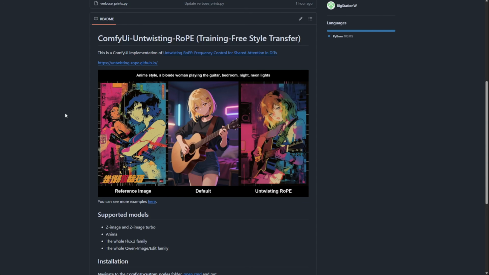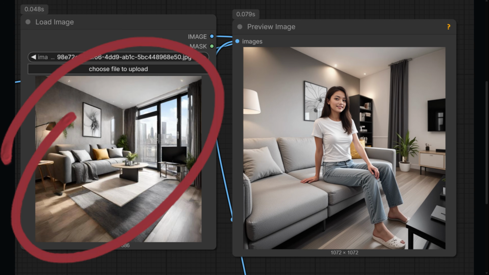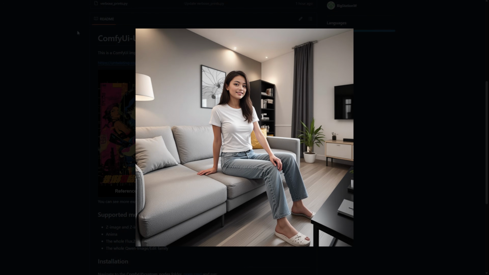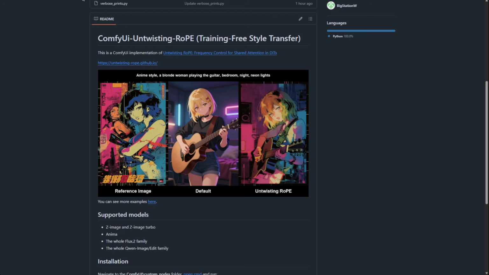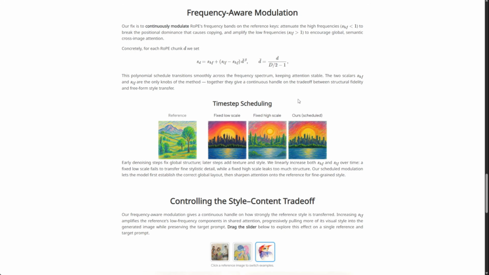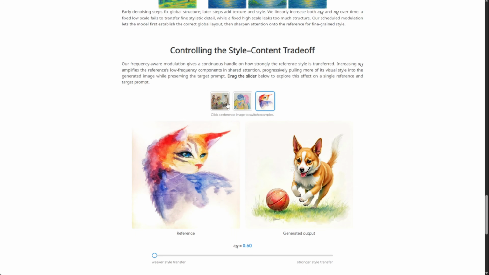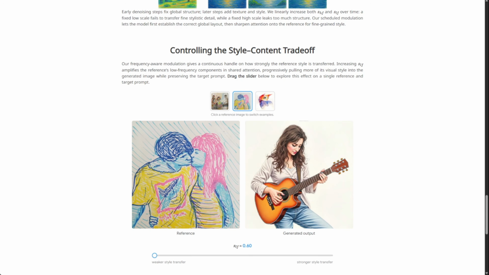So this is the ComfyUI Untwisting RoPE custom nodes. I found it through one of our Discord community members, and we've been playing around with it, exploring what kind of capability it has for style transfer. Basically, you take your reference image, combine it with your text prompts, and you get your output. Simple as that. Another way to use it is frequency aware. You take your existing image and a reference style image, and it transfers the style over. So think of it like you've got two images, and the output inherits the style from one while keeping the